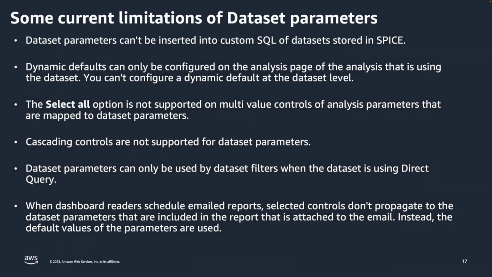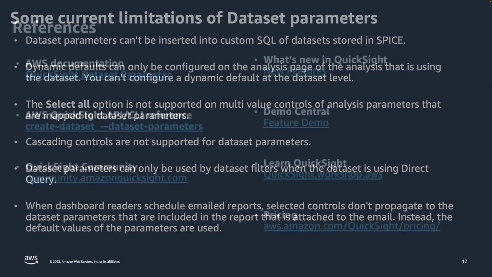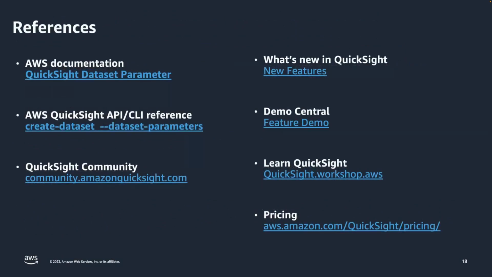You can refer to the documentation regarding some of the limitations for dataset parameters. There is a specific section on multiple use cases for dataset parameters, and the APIs like create dataset and update dataset APIs will also have a dataset parameter reference. So you can reference it while creating a dataset through the API. It's not only with the console; if you are programmatically creating a dataset, you can also assign dataset